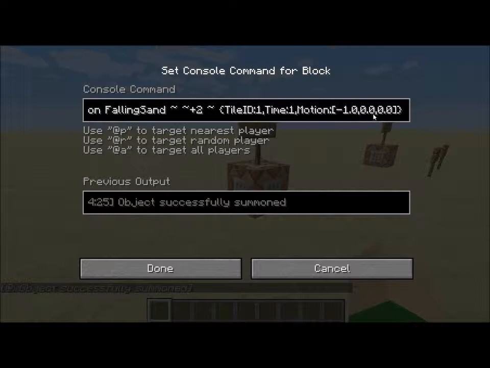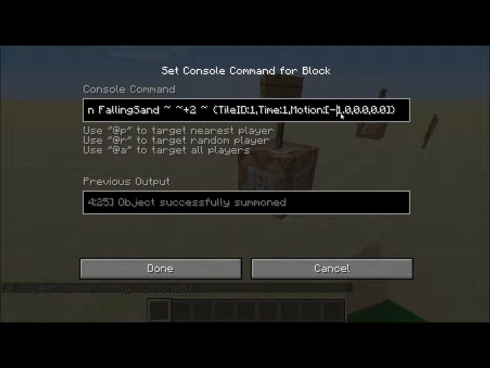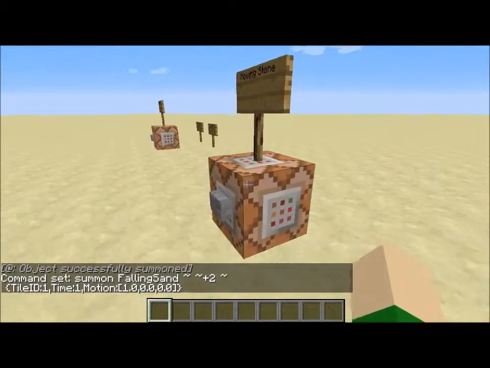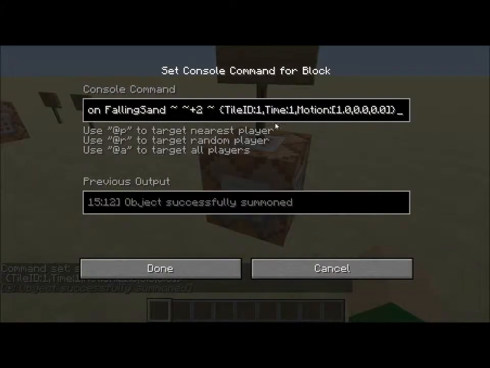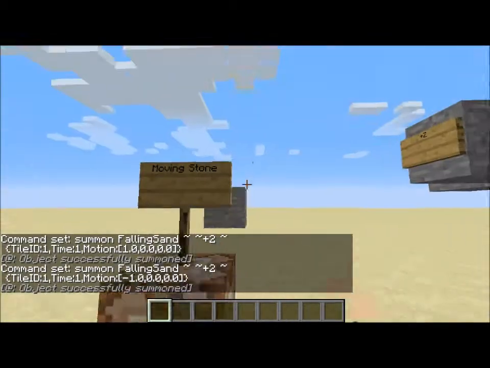So X, Y, Z, if you're familiar with any of that. And then -1, you're like, why don't I put +1? Well, +1 is the other way on the axis. Now, if you're trying to wrap your head around this and you just don't understand why, how, what, then